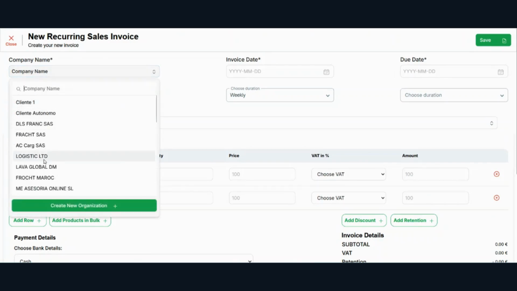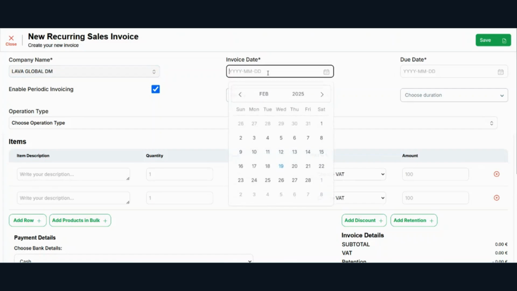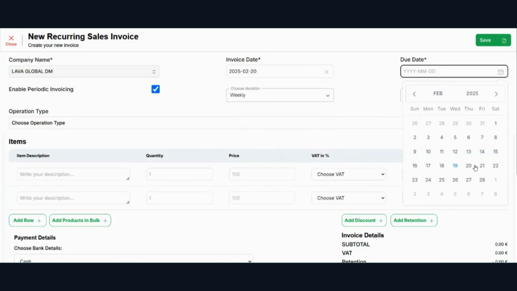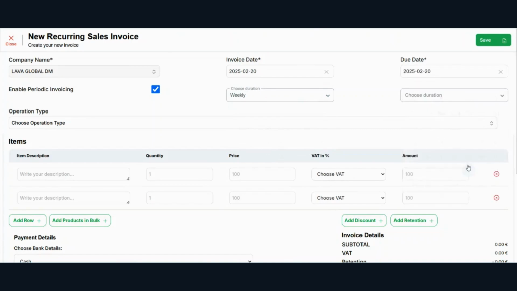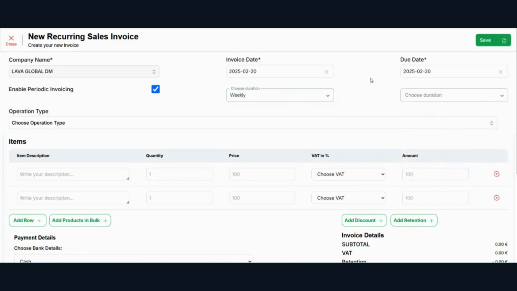We can create one recurring sales invoice. Suppose I'm choosing this company, and then I add the invoice date, then the due date, which can be the same date, or maybe you can add another date, according to your need. If I am sending this monthly, then you have to enter a number from 1 to 28.